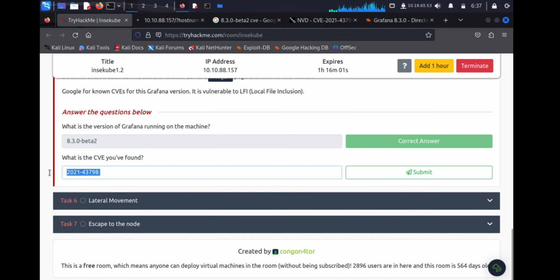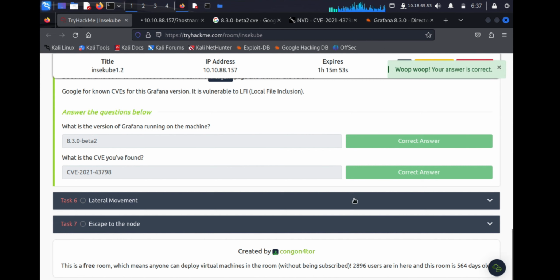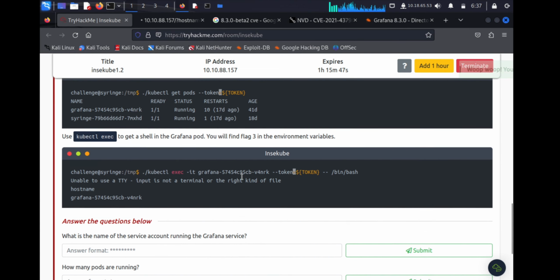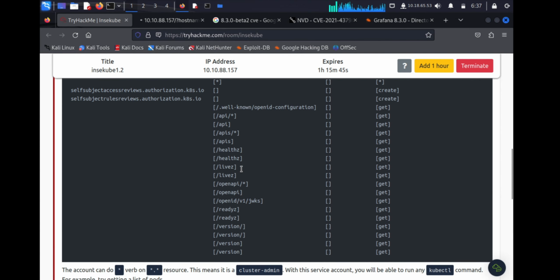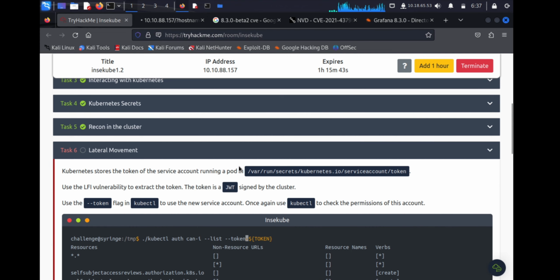So okay, is it like this? Okay, that's the correct answer. I guess CVE was not present. Okay, so we'll move forward. Now we have to do the lateral movement, and what they are saying. Okay,